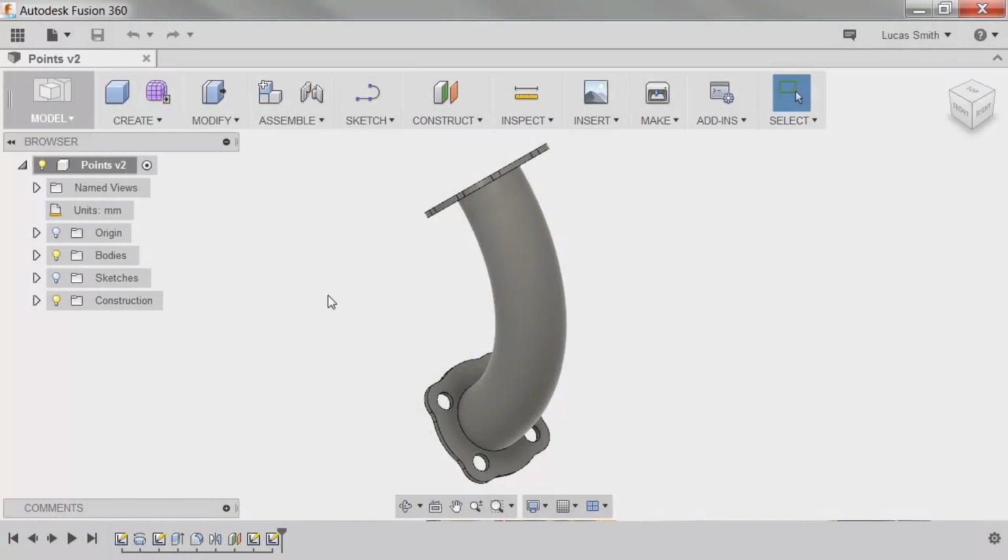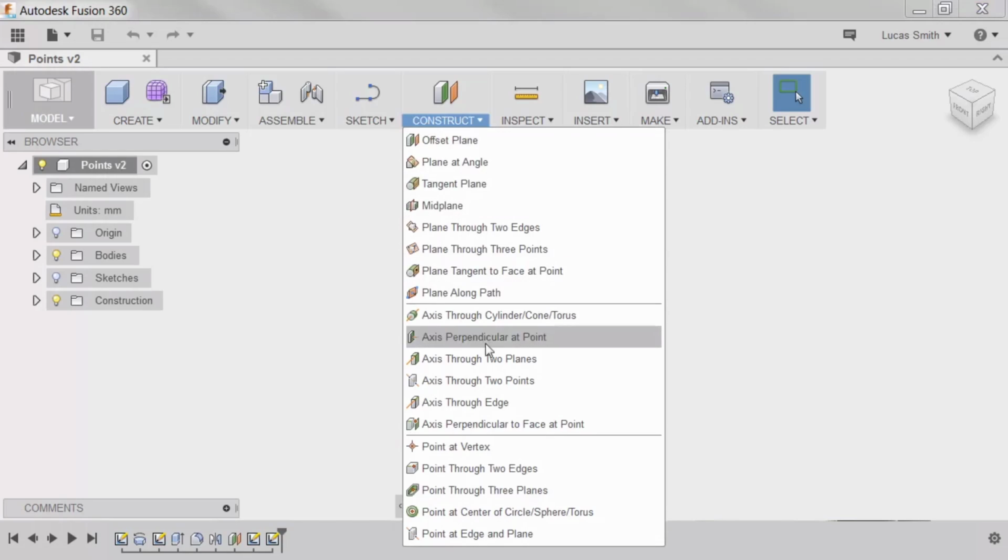I want to create a lofted cut on one side of this pipe segment. To do this, I'll create a lofted cut that references a point inside the pipe, offset 15 millimeters from the inner wall of the pipe. Since this point doesn't exist in the current geometry, I'll add it to the model using one of the construction point commands. These commands can be accessed in two locations, from the Construct drop-down menu at the top,